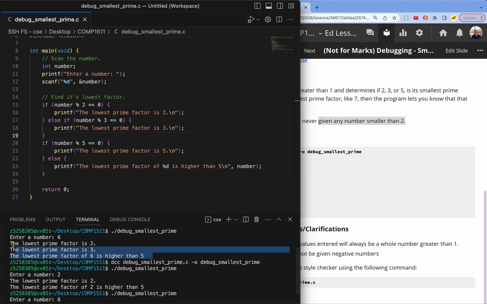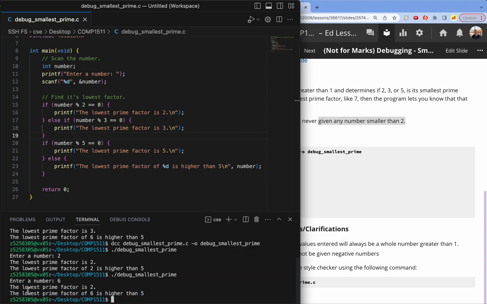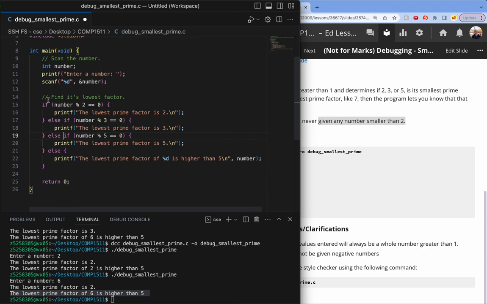So up here we had 3 print statements coming out for the 6, and now we've only got 2 down here. And we have the one that we want, where the lowest prime factor is 2, and we have this one, the lowest prime factor is higher than 5, which isn't correct, so it's hitting this one as well. So we probably need a similar approach. I don't want it to hit this if statement if it doesn't need to, right? I want it to just hit one of these. So let's try that else trick again. So if the number is divisible by 2, do this, and then because these are all else ifs, if this is true, it won't check the rest of them. So let's see if that's fixed. So let's recompile it,